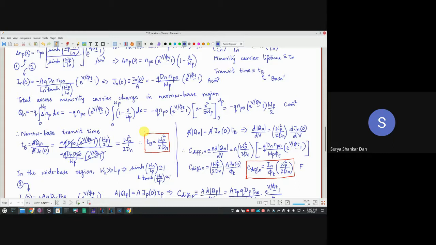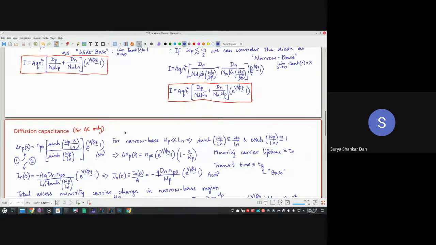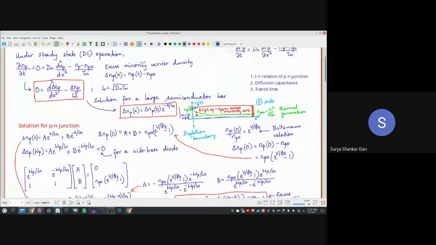So instead of pseudo NMOS, if I put it as a BiCMOS, then the maximum frequency at which your BiCMOS circuit can operate will be related to this transit time. Okay, so now you can relate, right? It's not just some mathematics we are doing; we are essentially trying to find the maximum operating frequency. That will be in the gigahertz order. So this transit time is one of the topics for today.